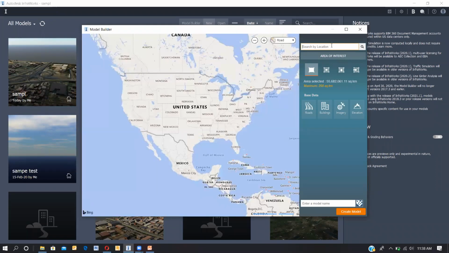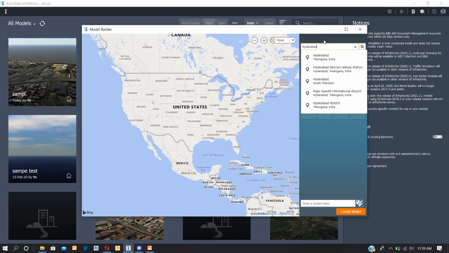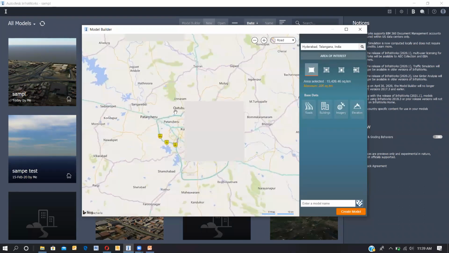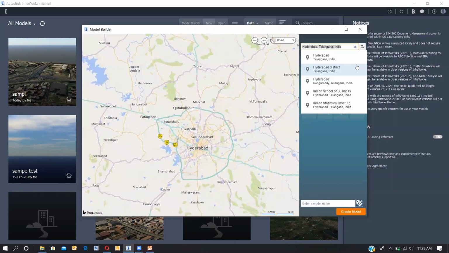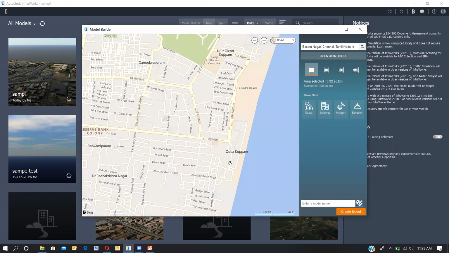We have shown it in the video, right? Search your location, search by location. If you have the latitude and longitude of the area, you can directly type the latitude and longitude. Or if your project is in some other specific location and you know the location name, you can directly type the location name. Like if I type Hyderabad, the whole Hyderabad city map will be over here in your interface. You can select a specific place there. Like I will type Besant Nagar. Can you see the Besant Nagar area over here?